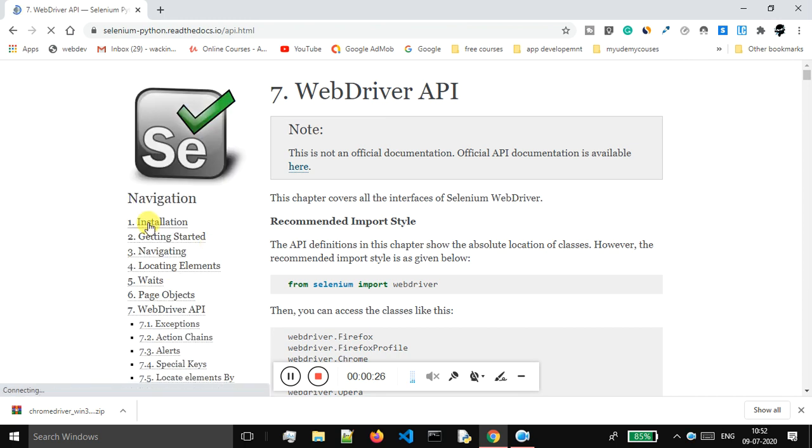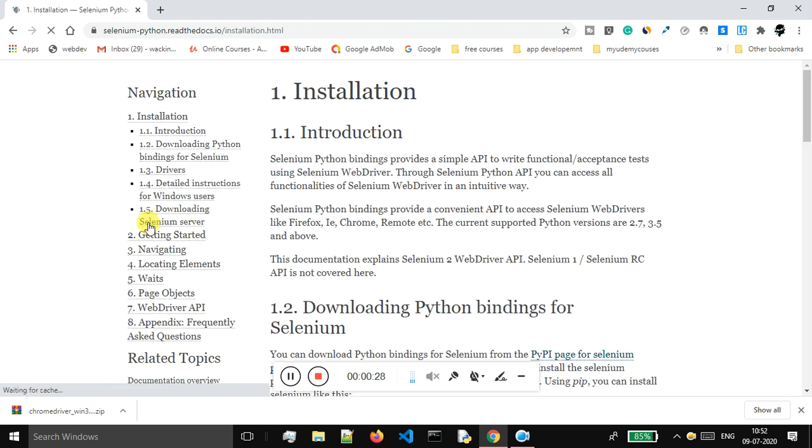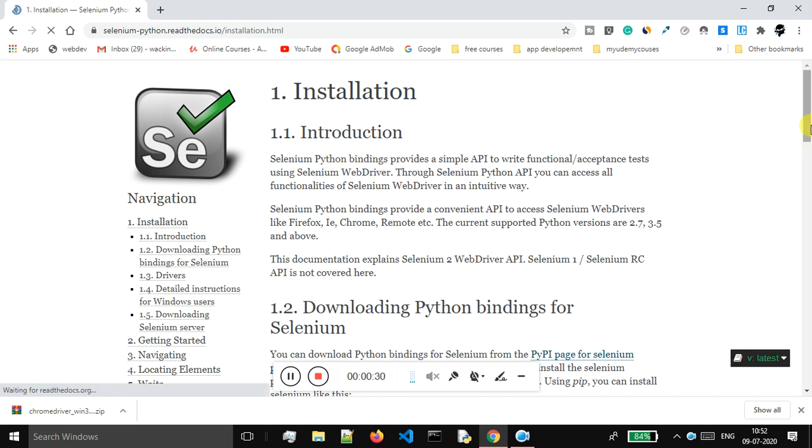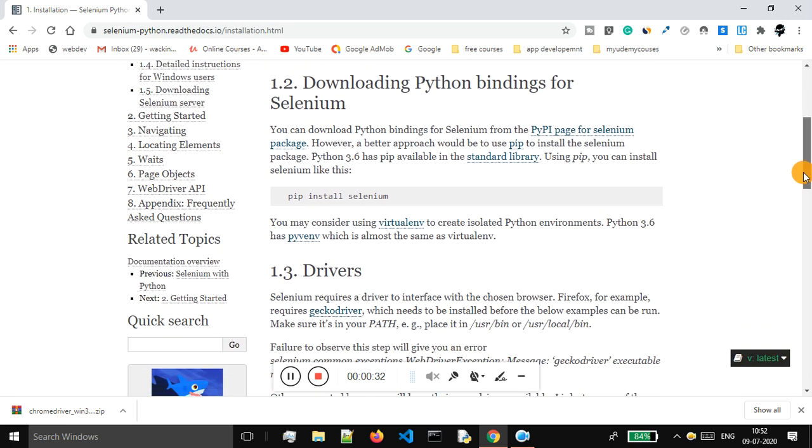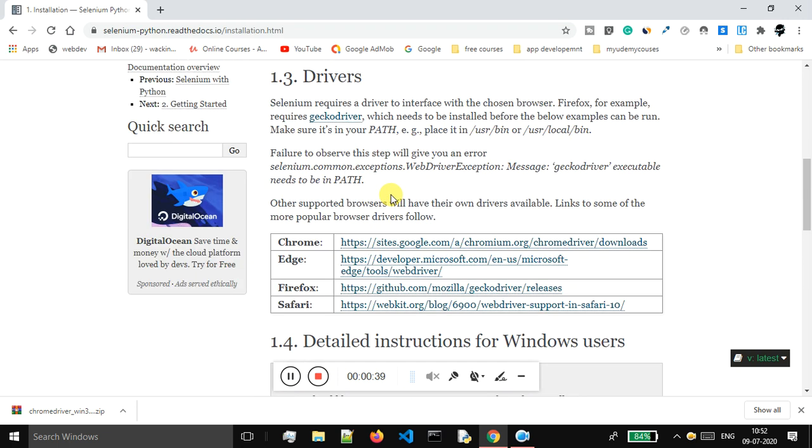So first of all, click on the installation. If you are getting any problem during the installation process, you can just go through this installation page, and you can see how to install Selenium. You have to execute this command, which is pip install Selenium. Then you have to get the web drivers. If you are a Chrome user, you can get the web driver from this website. Just open this website